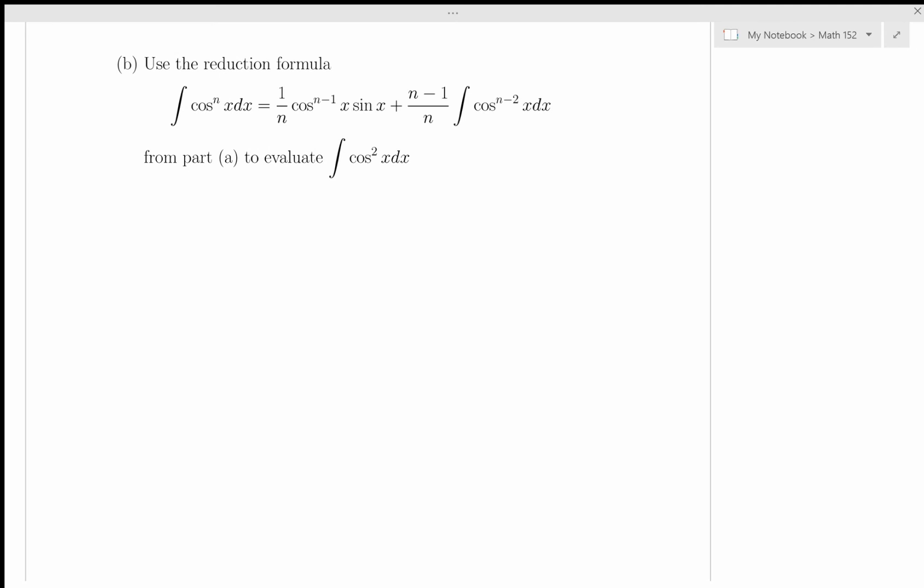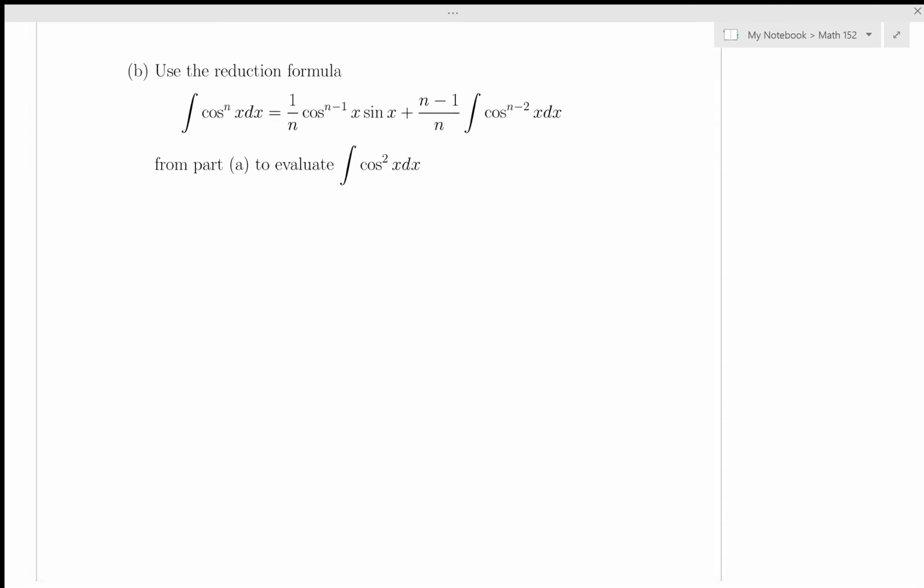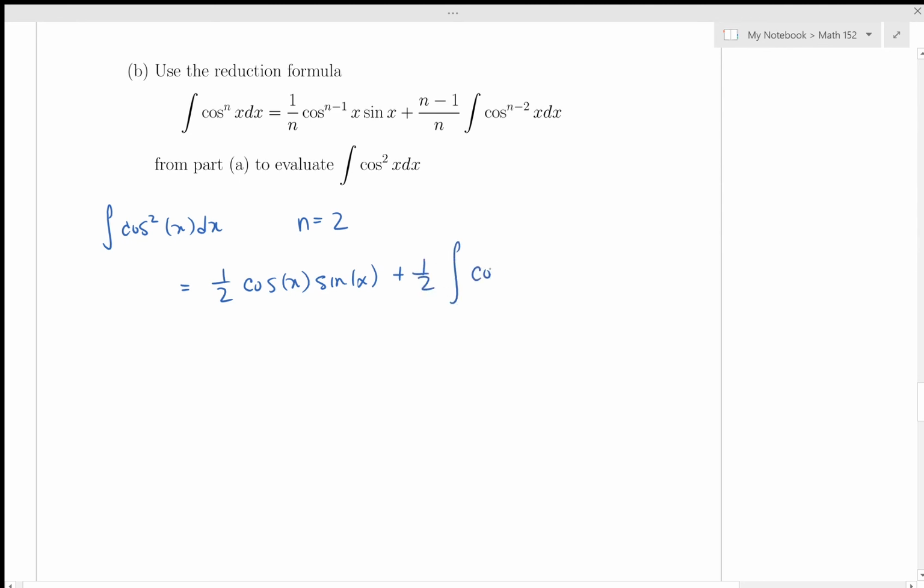work quickly. Okay, so let's just try to use that reduction formula. This is going to be totally straightforward. The integral of cos squared x dx. This is obviously the case with n equal to 2. So I can immediately write down that this is 1/2 using the formula, cos x sine x, plus 1/2 the integral, and I reduce the power by 2, and cosine to the 0 is 1. So then I